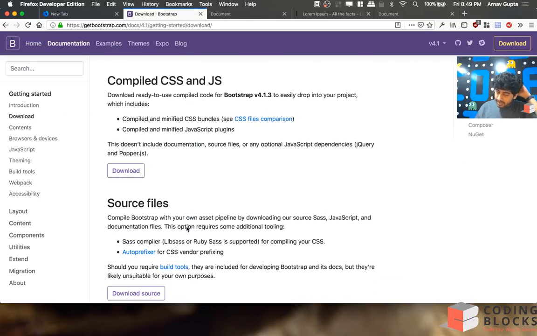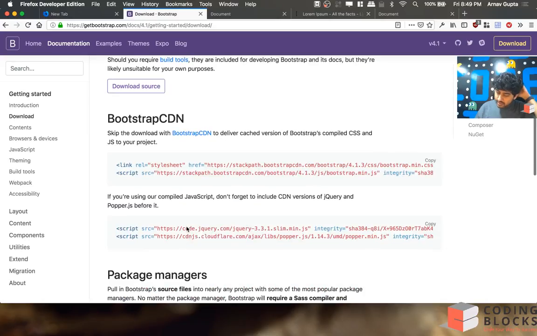So for getting our layouts to work, we just need the CSS of Bootstrap. We don't need the JavaScript of Bootstrap. Okay. So the CSS of Bootstrap is here: